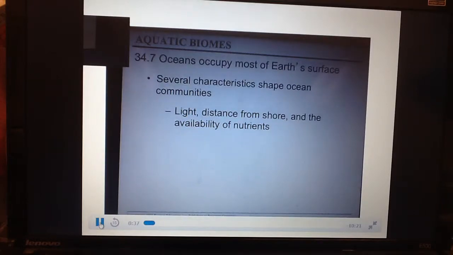So the first thing is how much light something is getting in the ocean, because that determines what kind of organisms can live and thrive there. And then we need to talk about how far away from the shoreline, or how deep, the bottom of the ocean is, because that'll make a difference in what kind of organisms are present. And then lastly, we'll be talking about what kind of nutrients are available in the area. And this could be: is photosynthesis able to happen? Are heterotrophs or autotrophs present? Are we near a deep sea ocean vent where there is a lot of sulfur and not a lot of carbon? So that all can be a factor in what kind of animals or organisms are present in